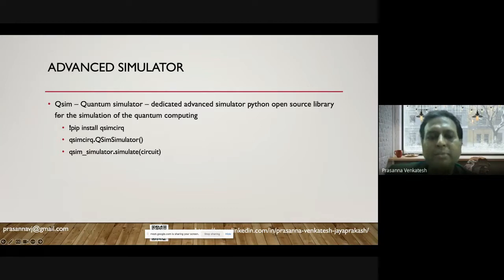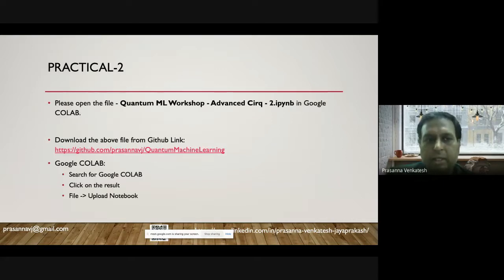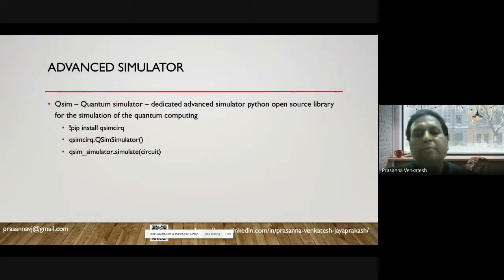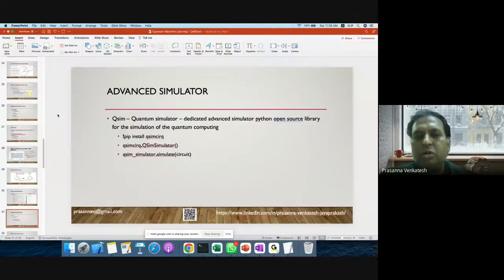One such simulator is called QSIM. It is also Python based, and it can also help you on the simulation side. Before I go there, I've probably included that in the first part itself. Let me just go and we will purely talk about the practical part of it.